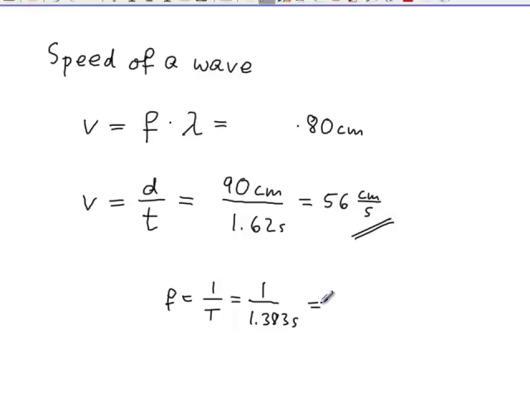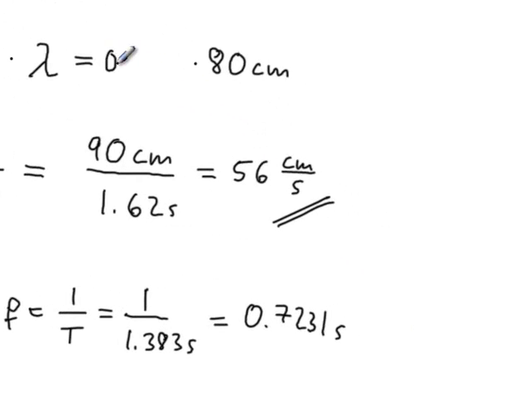So I divide that into 1, and I come up with 0.7230 or 1. Doesn't have to be that accurate, but it just gave me that many digits or significant figures. So I'm just going to write this down here,